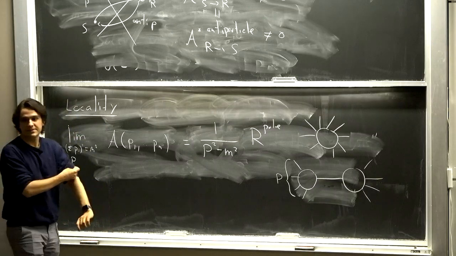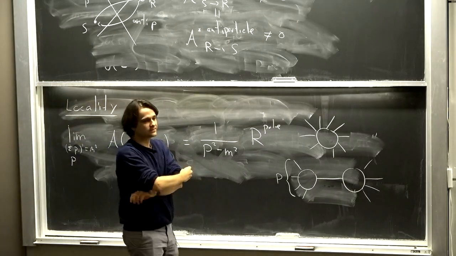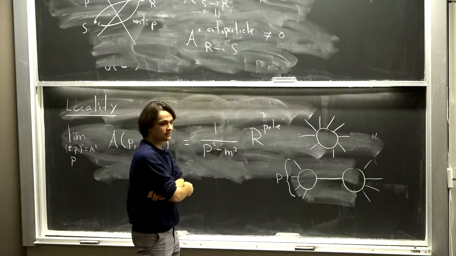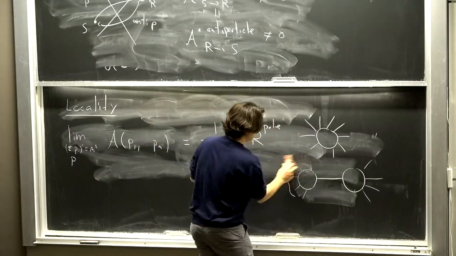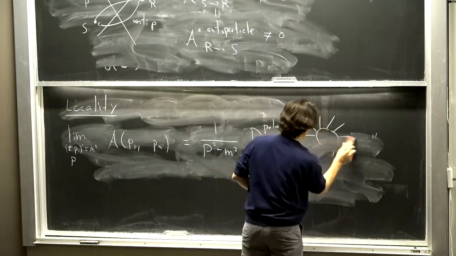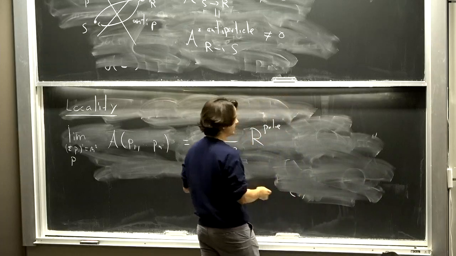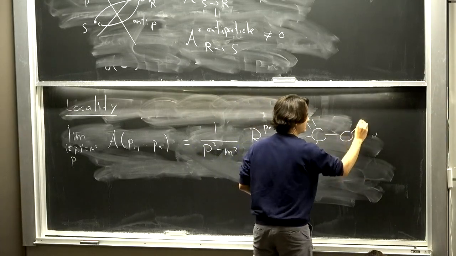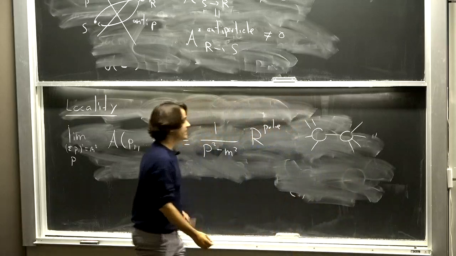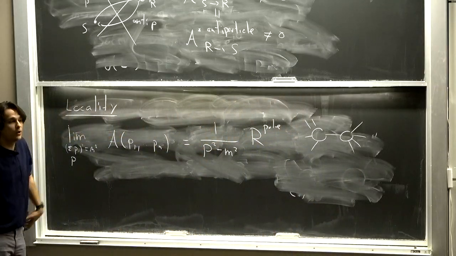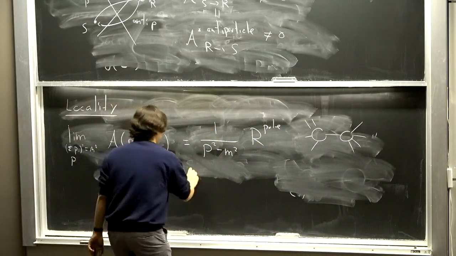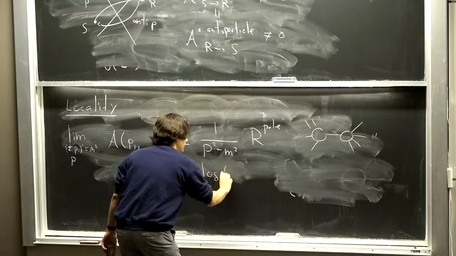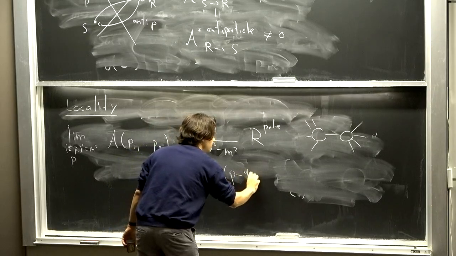Okay, more questions. All right. Same way that there's this pole here that corresponds to having some particle propagating in an intermediate state, I can have other types of singularities. So the amplitude can also blow up in different ways. For instance, I can have a logarithm of p squared minus 4m squared.